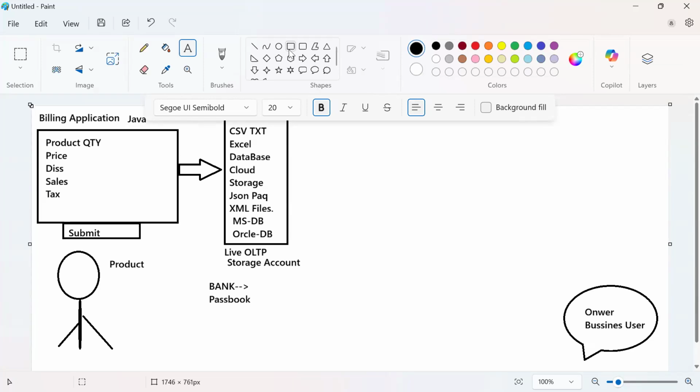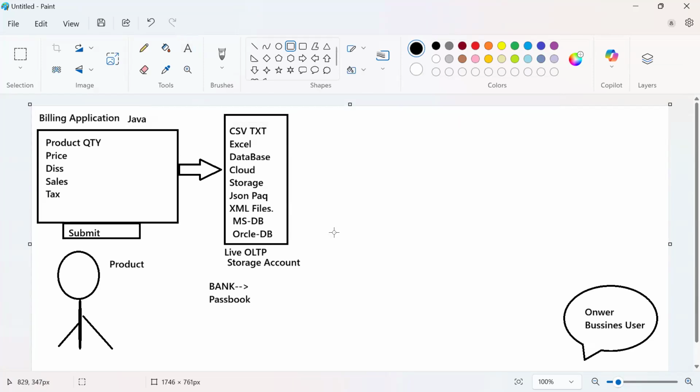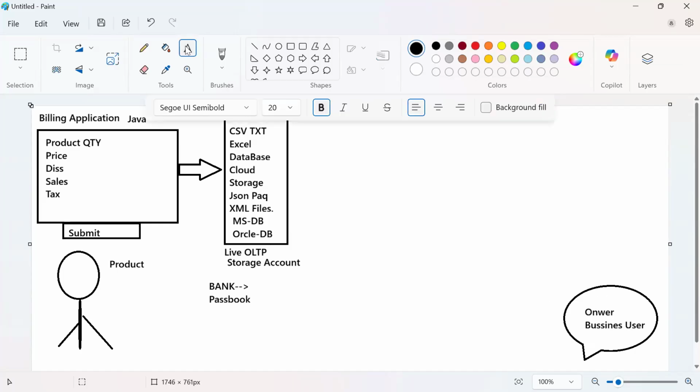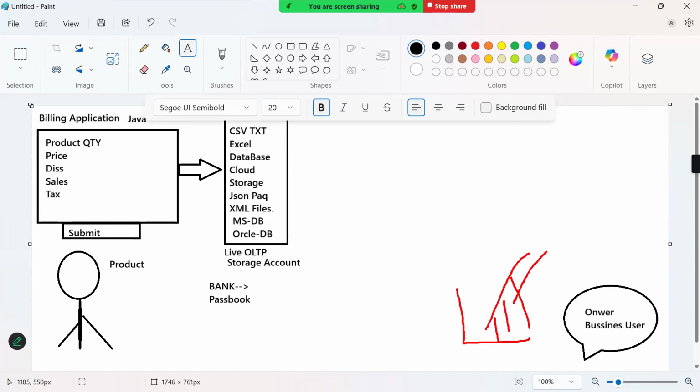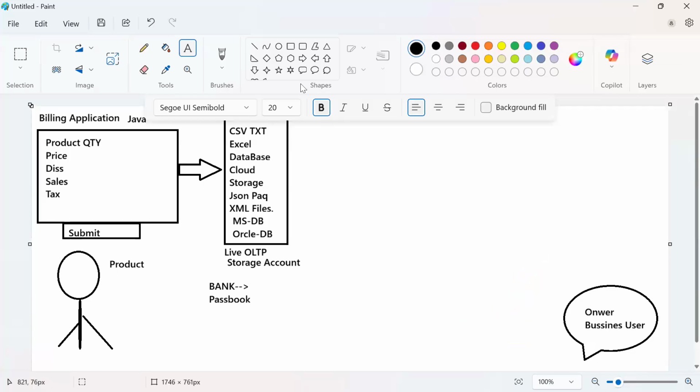So what exactly is the work? The business owner wants to know whether my business is going up or down, so that by seeing the report, I can take decisions. Who is providing the report? Definitely we require some report developers. Earlier, we didn't have any report developers. There was no Power BI, there was no SSRS.